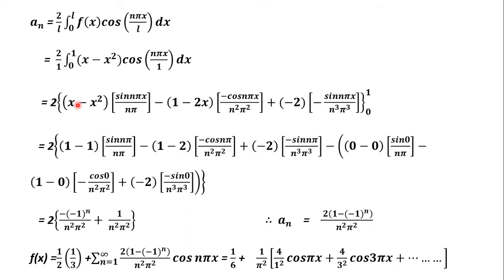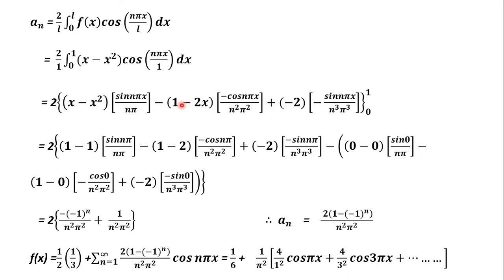It's 2 into first term x minus x square, second term is cos of n pi x. First term we keep as it is into integration of cos n pi x is sin n pi x divided by the derivative of n pi x, which is n pi, minus derivative of x minus x square, that is 1 minus 2x, into integration of sin n pi x, which is minus cos n pi x by n pi. n pi is already present there, so we get n square into pi square,